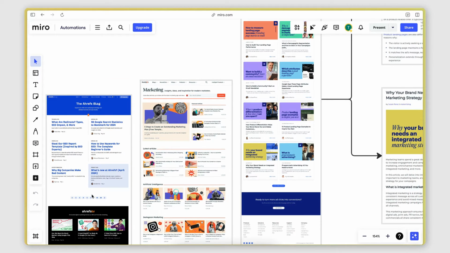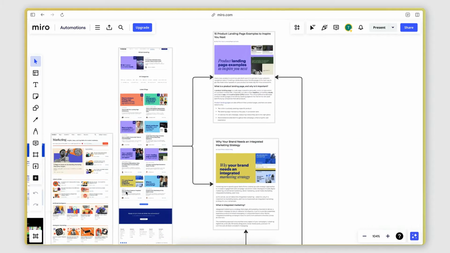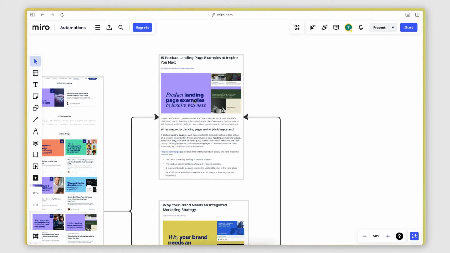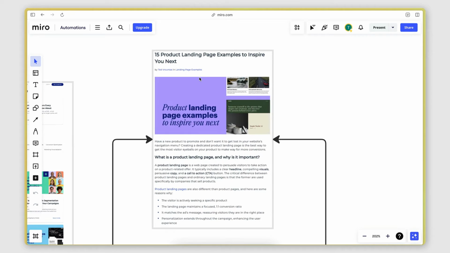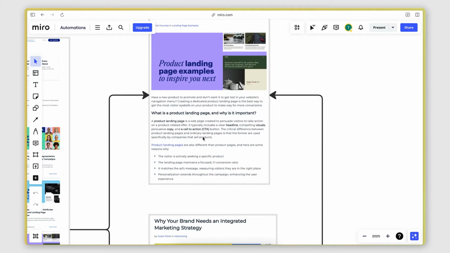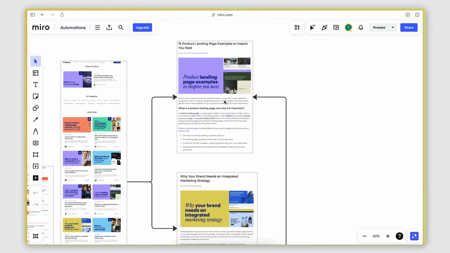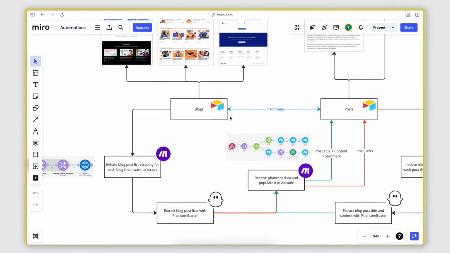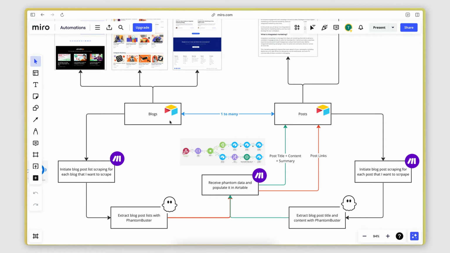And then once I have the list of links of the latest blog posts, that's when I can automate the second task, which is opening up each blog post page and scraping the content, which includes the title of the blog post, as well as all the text that is in the main body of the article. All right, so now diving into the actual setup, I first have an Airtable base, which